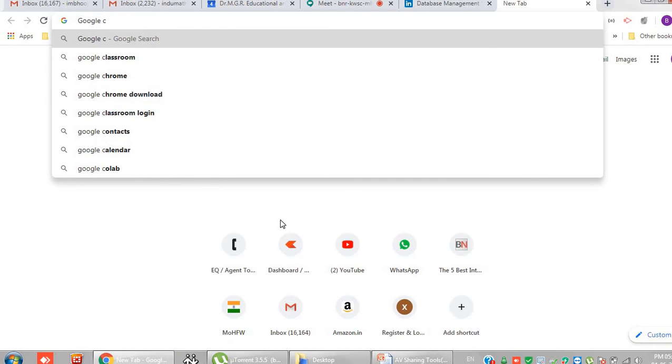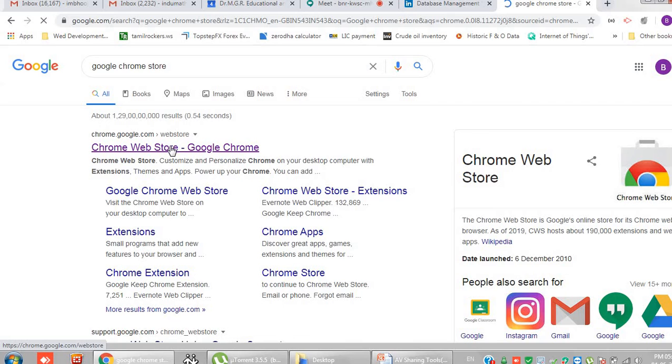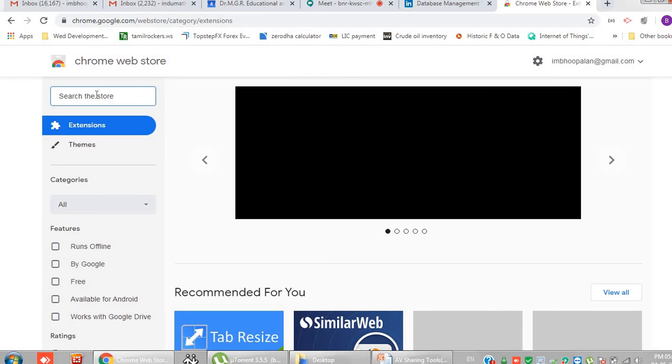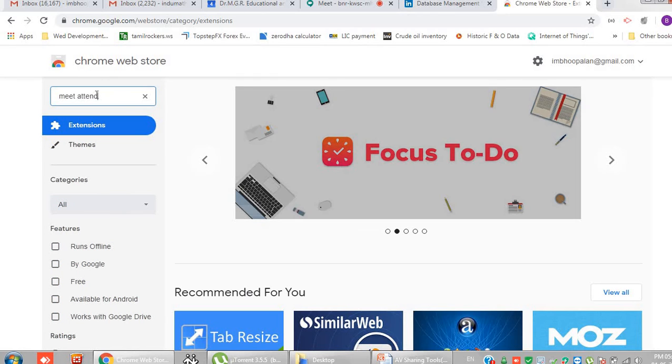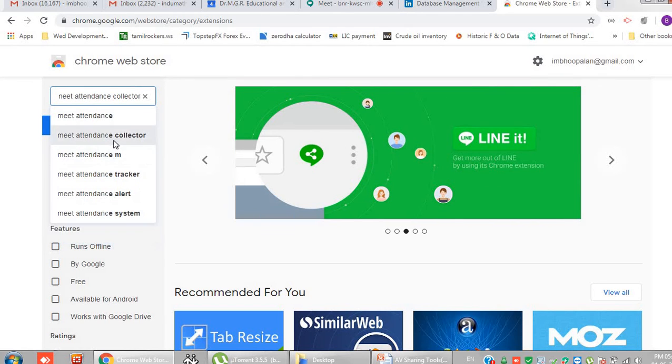Google Chrome Store. So if you go to Chrome Web Store, you have to click the Chrome Web Store app. So one window will be popped up for adding your extension. Under the left you have to just search for Meet Attendance Collector. So Meet Attendance Collector, if you click on it,